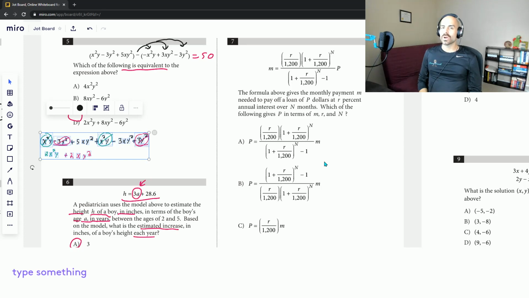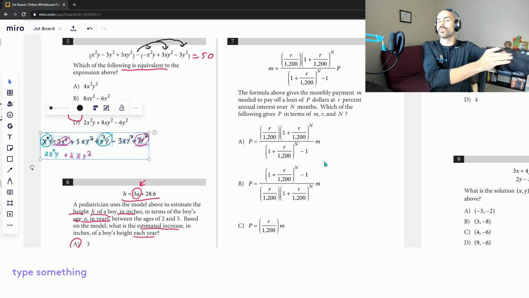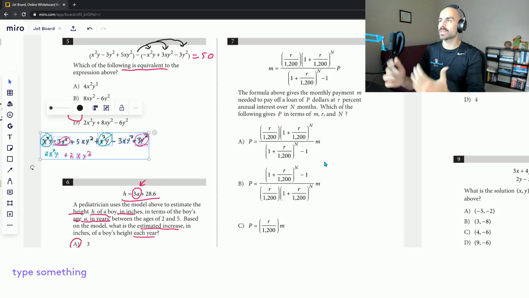All right. So these ones are so crazy, right? The SAT, they're so rude sometimes. They just want to scare you, right? To scare you into getting the question wrong is really what they're probably hoping for here, because they put all these crazy looking things and you look at it and it's daunting, but it's really